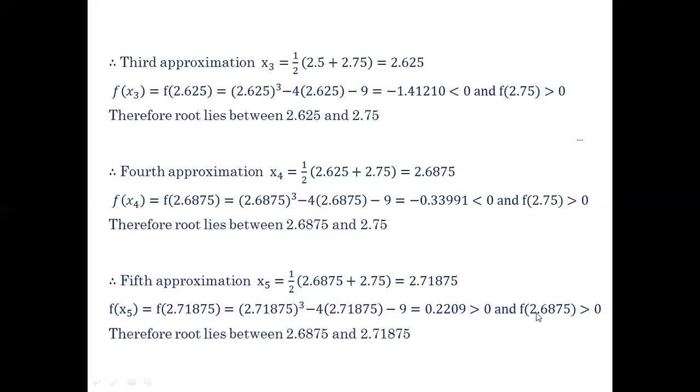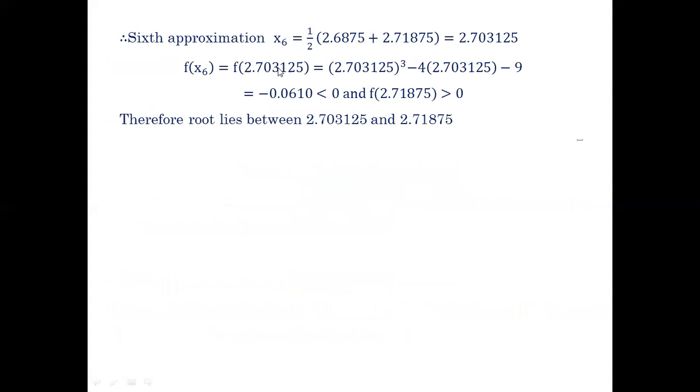And f(2.6875), not greater than 0, it is less than 0 in the previous f(x4). Therefore, the root lies between 2.6875 and 2.71875. Therefore, the sixth approximation x6 equals 1 by 2 (a plus b), that is 2.6875 plus 2.71875, which is